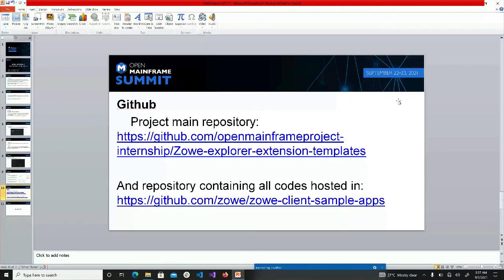The GitHub repository. The project's main repository is found in the Open Mainframe Project Zowe Explorer extension templates, and the repository containing all the code is hosted